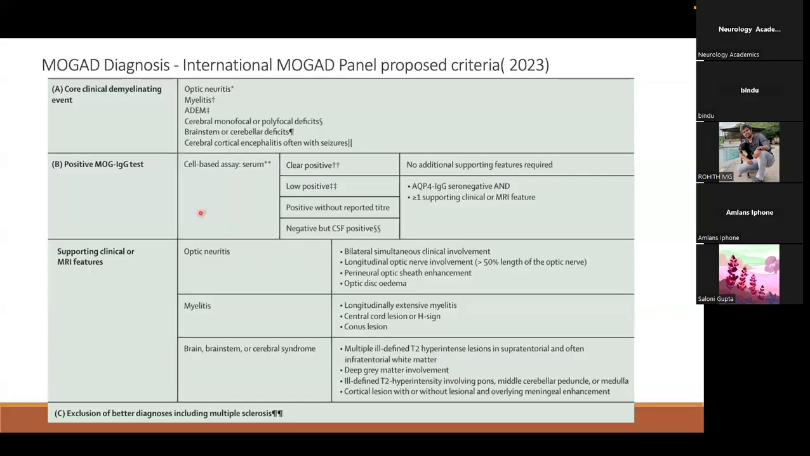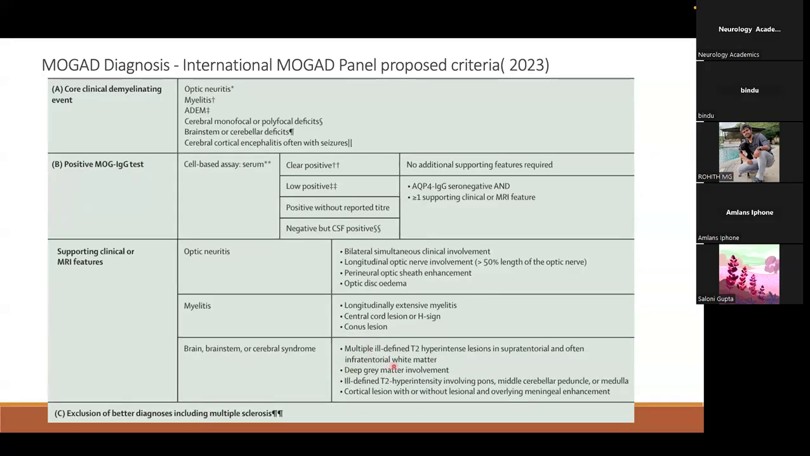So the supporting clinical MRI features are, for optic neuritis: bilateral involvement, longitudinally extensive involvement, perineural optic sheath enhancement, and optic disc edema. For myelitis: LETM with central cord lesion or H-sign, conus lesion, and brainstem or cerebral syndrome, with multiple ill-defined supratentorial and